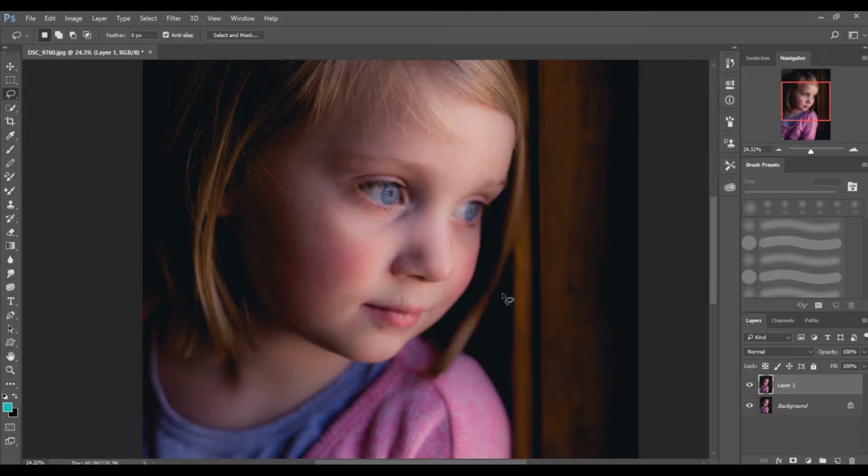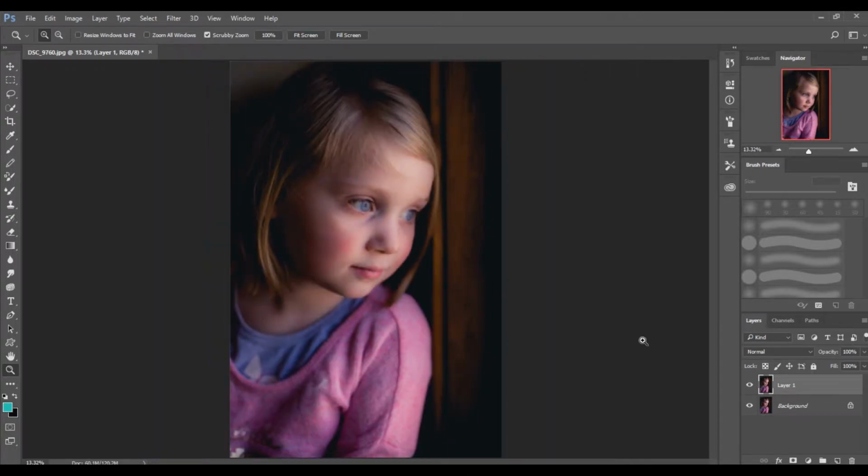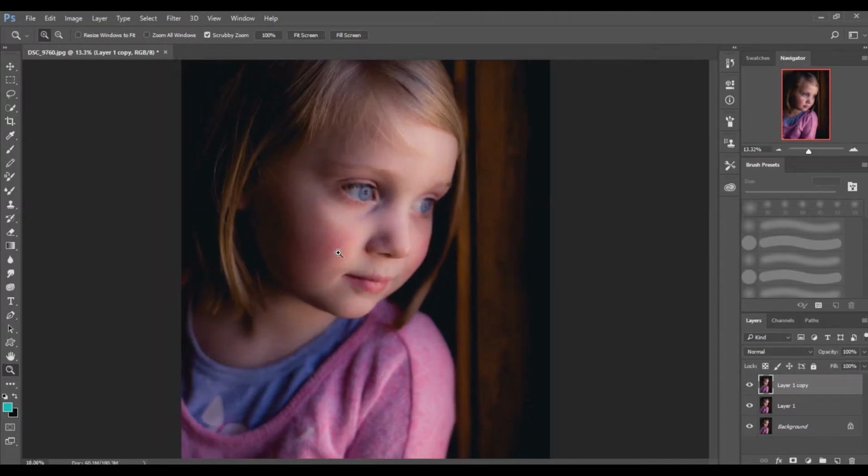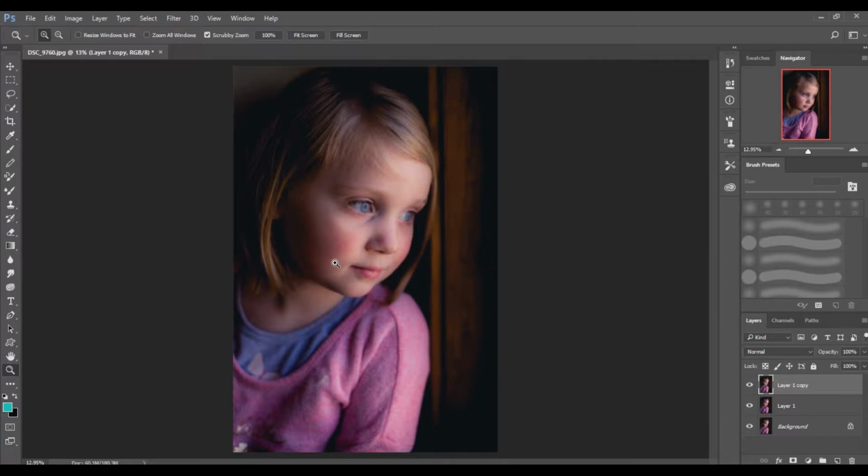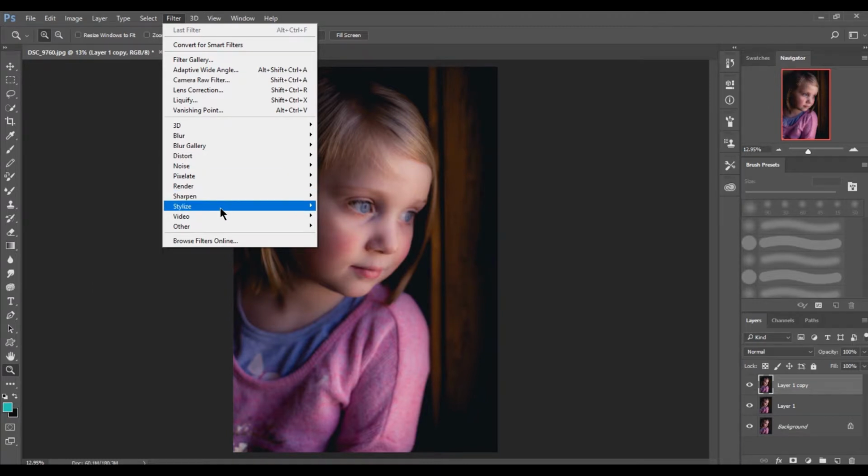So there's a couple of things that we could do to get that painterly look, but right now I like that. I'll do it for the sake of showing you what you should do, but I normally would just keep editing on this layer. But I'm going to go ahead and duplicate it, make a copy of it, so that we can undo it if we decide to not do it that way. Okay, so the first thing I do is, this is something that's super simple. I go to Stylize, Oil Paint,